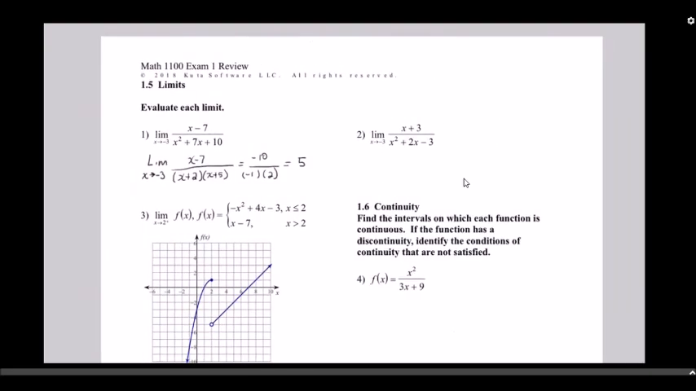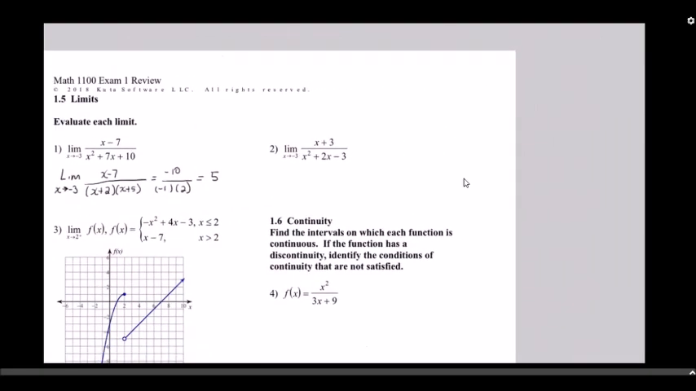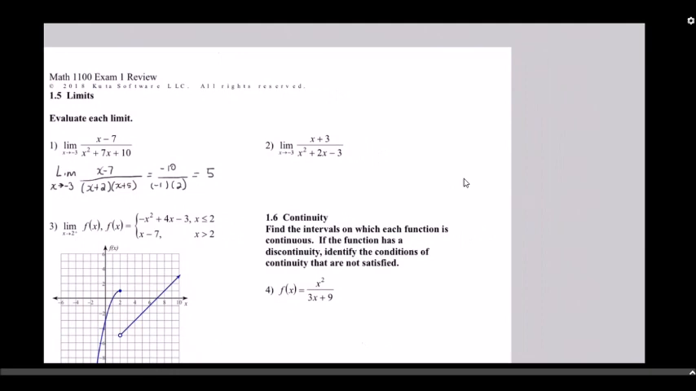Question 2, going to approach it a similar way. Limit as x approaches -3. I'm going to factor the denominator. So we're going to have x plus 3